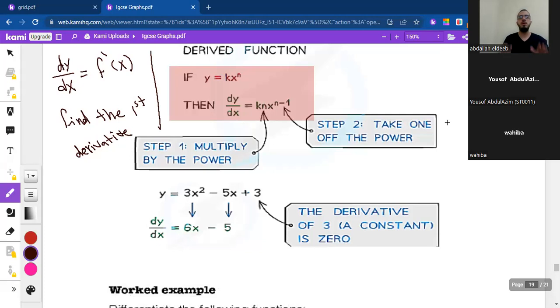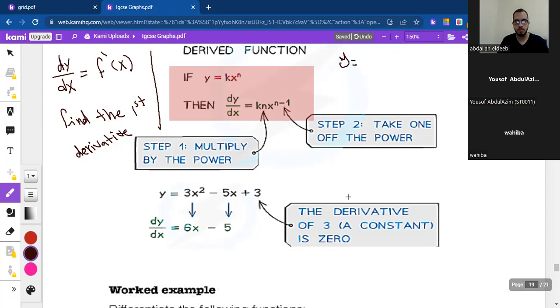So for y equals k x to the power n, you write k times n and then x to the power n minus 1. What does it mean? It means you multiply the power by the constant, then subtract 1 from the power. For example,